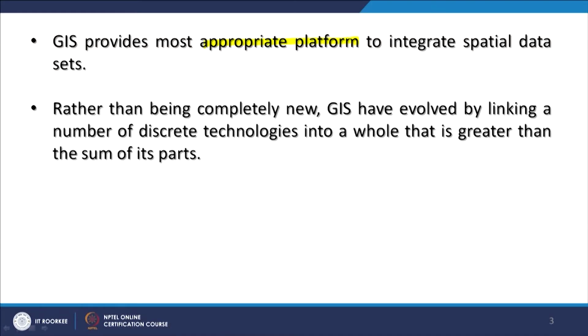GIS has evolved by linking a number of discrete technologies which were lying in isolation, like digital image processing, CAD/CAM technologies, or many mathematical concepts which were there, but GIS started incorporating them, and this is how it is evolving.